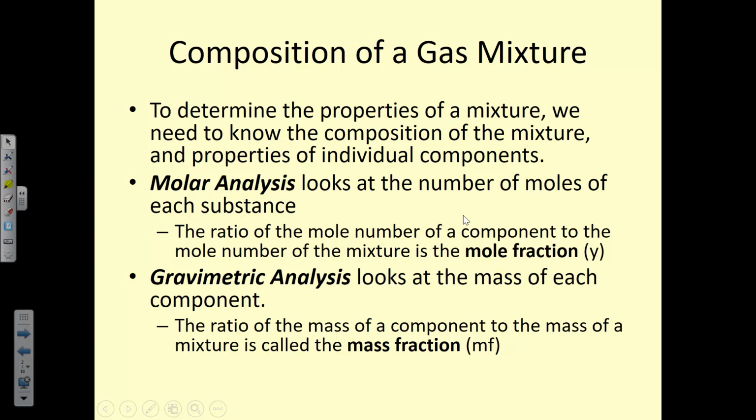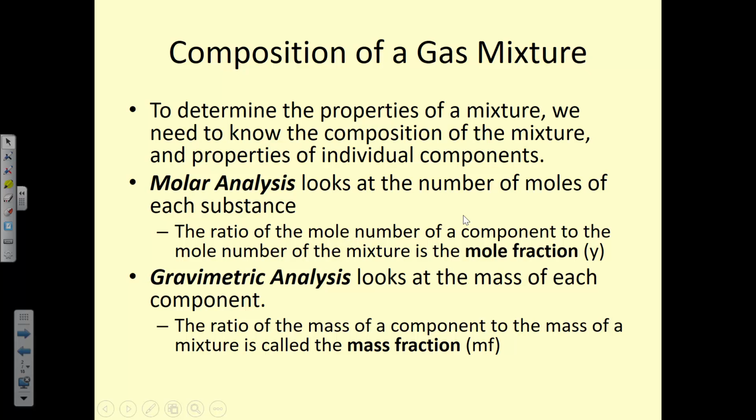So up until now we've looked at gases that were by and large just a single substance. Now air is a mixture of nitrogen and oxygen and a bunch of other things, but we just call it air, and we just treat it as a simple ideal gas. Well, now we're starting to look at what happens when we have mixtures of gases or mixtures of different working fluids within the same system. How do we analyze those? How do we determine property values? How do we do energy analysis? How do we determine what's happening in the system when we have fluids with different properties?